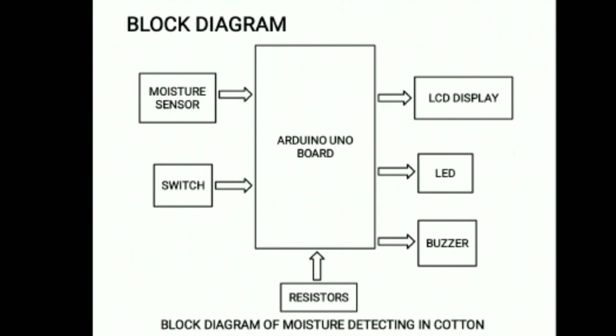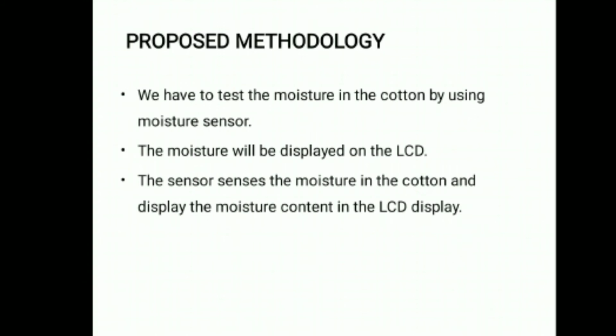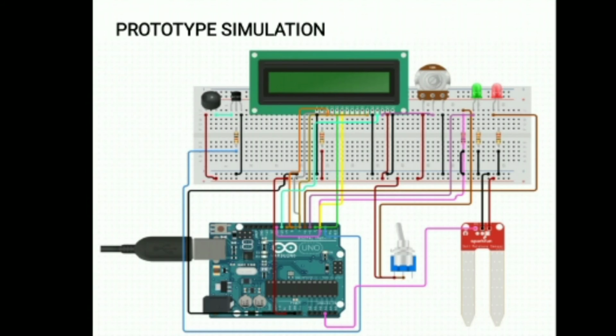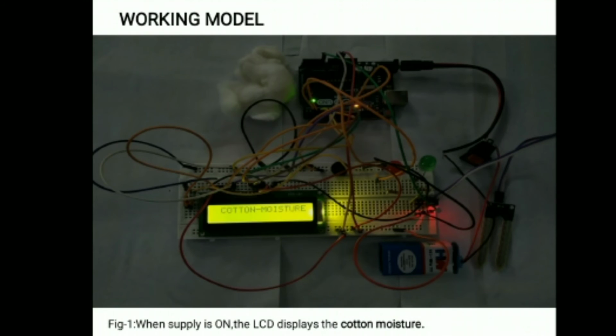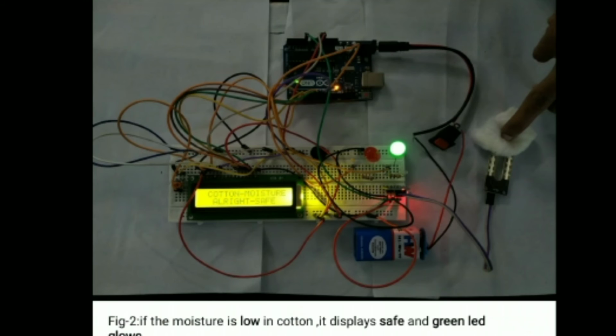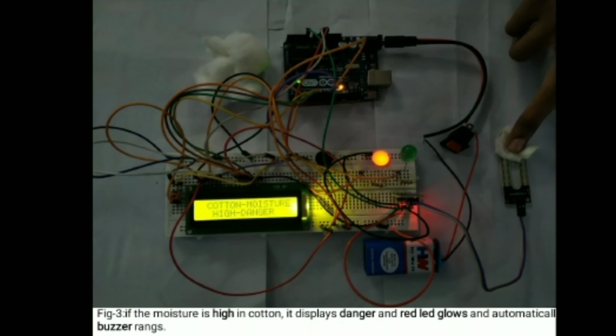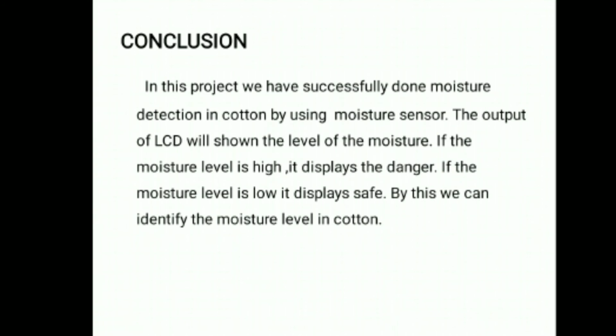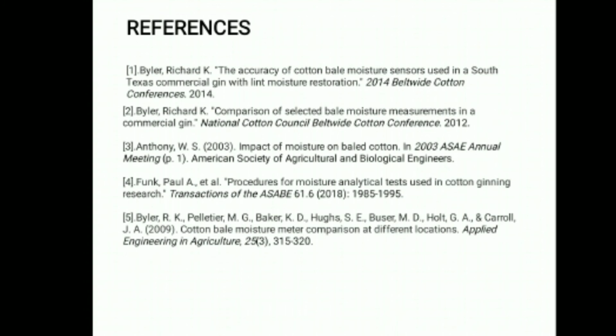For further improvement of this project, we can use DHT11 sensors on all four sides of the room where the cotton is stored, and a P10 board connected to the sensors displays the moisture content in the cotton. By using this, we can implement our project and it may help the farmers in the storage facilities.